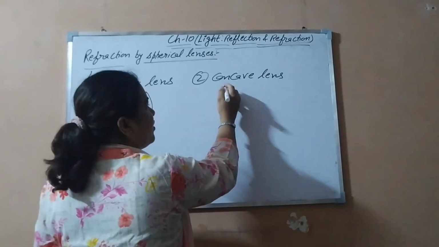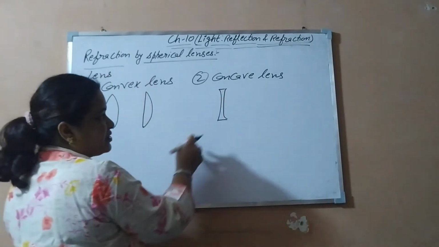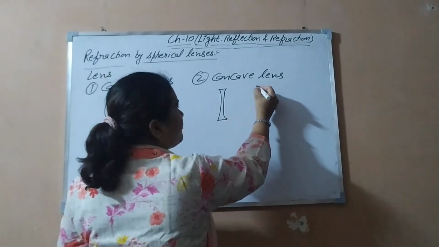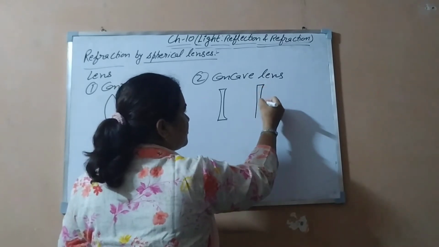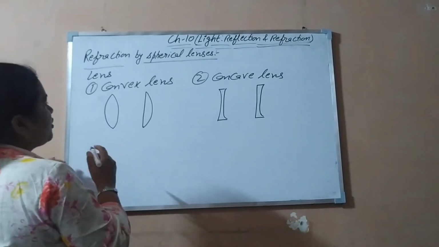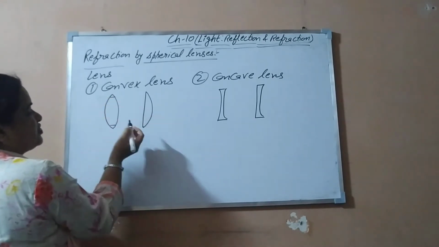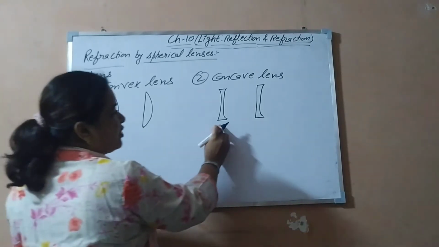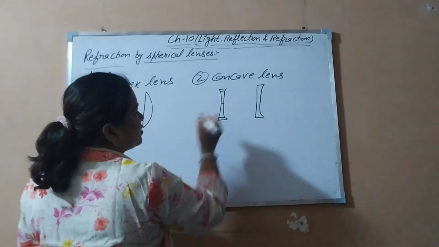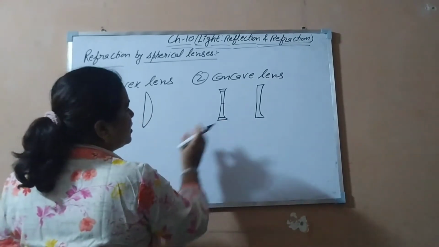Similarly, a concave lens: when both the surfaces are curved inward, meaning both refracting surfaces are spherical in shape and curved inward, it is known as a concave lens. And if one surface is plane and the other is curved inward, it is known as a plano-concave lens. So lenses are like this. What you are watching in this convex lens is that it is thinner at the edges and thicker in the middle. And in the concave lens, it is thicker at the edges and thinner in the middle. So these are the identification of convex and concave lenses.